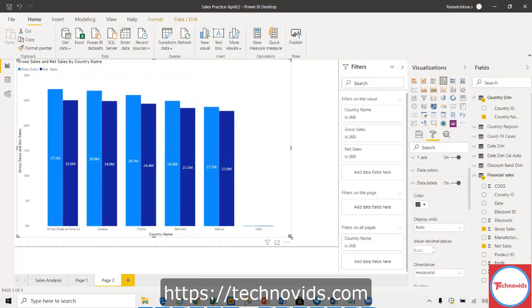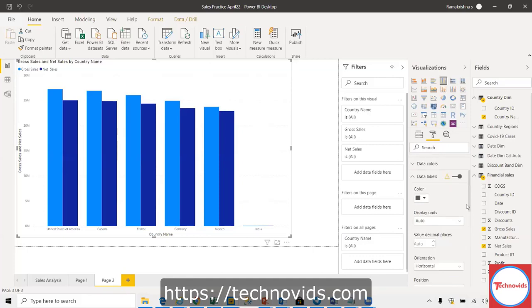Okay, so what has happened is I was trying to give a bigger number, and it has given me an error. We have to be watchful about that. If I give 19 or something, it is giving me an error here. You can see here, it's a kind of error. Data labels can't be shown, enlarge the visual or decrease the data label text size. That's what it said. Since I gave too big a size, that's the problem.